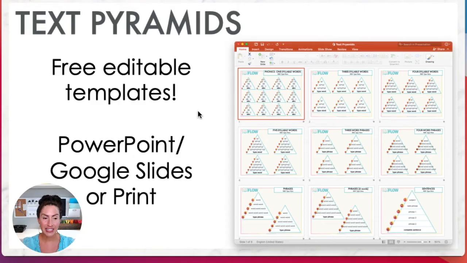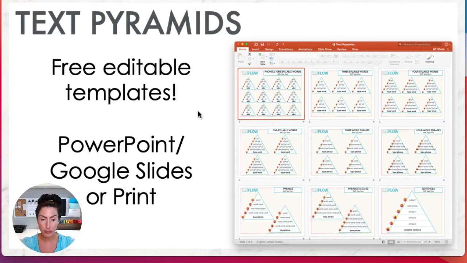And you can use it digitally with your students, or you can print it. So the slides are 8.5 by 11, so you can make these a printable. You can create whatever pyramids you want and then print them. And then have your students, I'll show you examples of how your students would be able to do them just on a print version. And then also you can use PowerPoint because I have added animations,